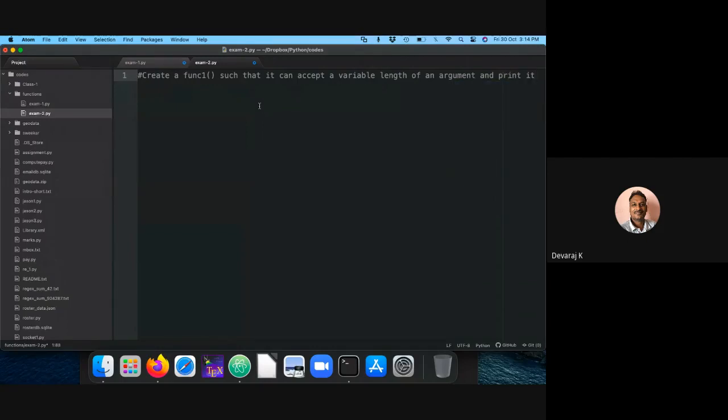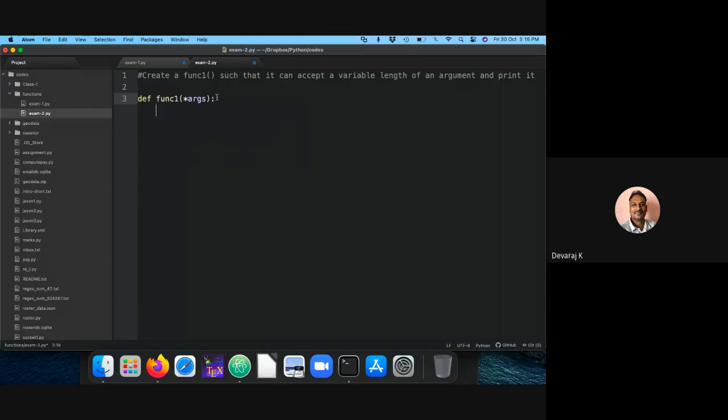This is the task I'm trying to do. If you want to do that, I need to write my function, that is def. I'm calling that function func1. Here I'm not going with a single argument. I should have arguments of different lengths. So the option is *args, let me call it ARGS, whatever it may be. That's just the name I'm giving. And it has to end with a colon. See, *args can take anything.